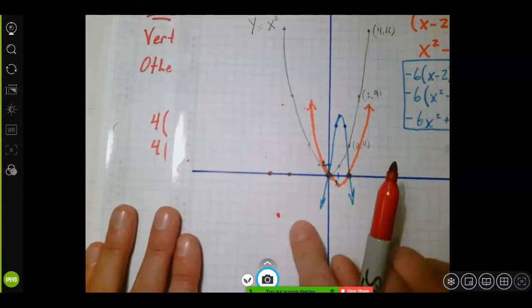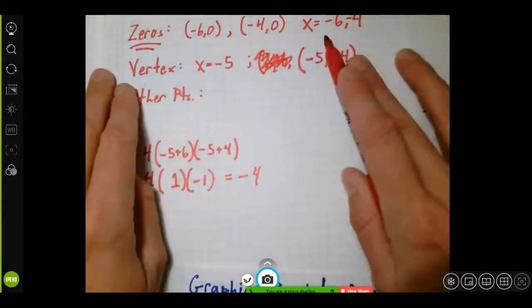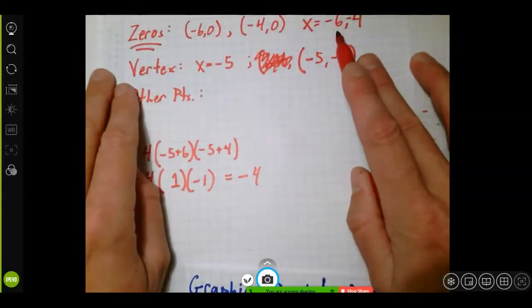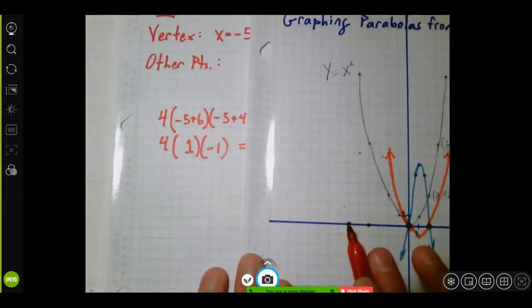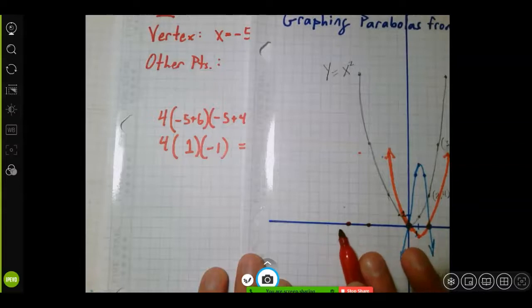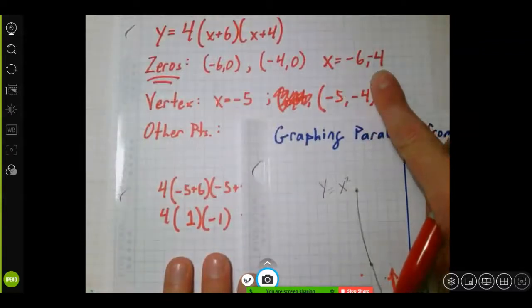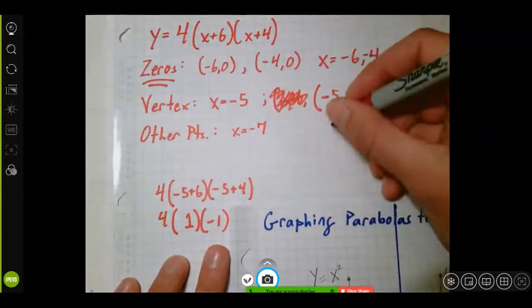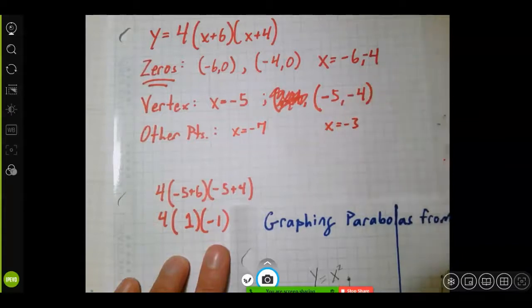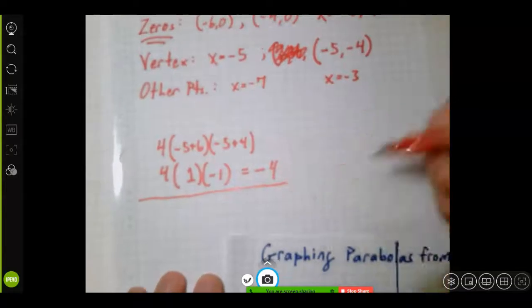So I never like to stick with just 3 points. I like to find at least 2 more. So I'm going to go outside of my zeros, and it depends. This parabola looks like it's going to be steep, so I would not make a big jump. I would just go to the next points. So when x is negative 7, to push past my negative 6, and when x is negative 3. So my other points, I'm going to choose x is negative 7 and x is negative 3, and then I'm going to find those points. For negative 7, if we write the work out,